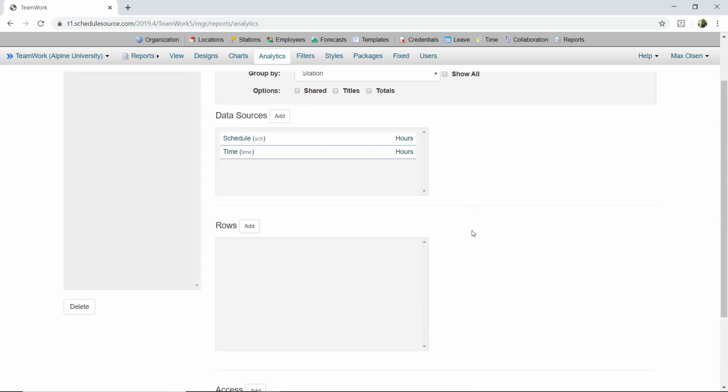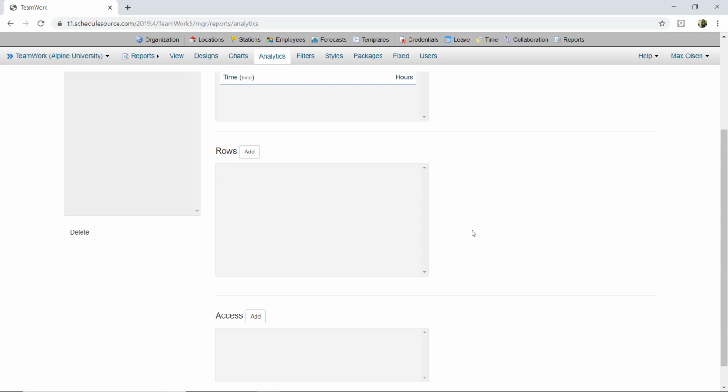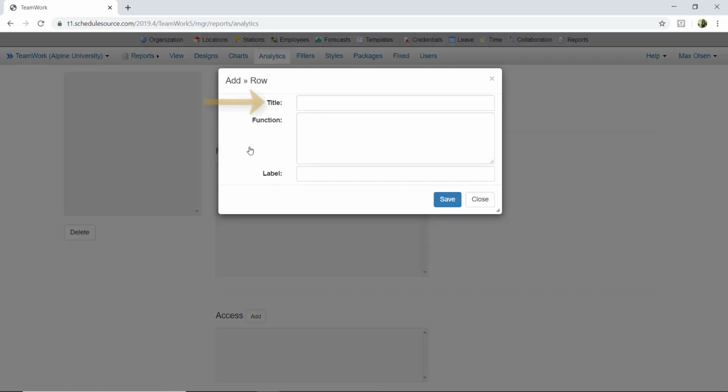Next, I'm going to scroll down. Now that I've selected my data sources, I need to decide how I want that information arranged. That's what rows are for. So to add a new row on your report, click Add, and then you want to give this row a title. I'm going to call this one